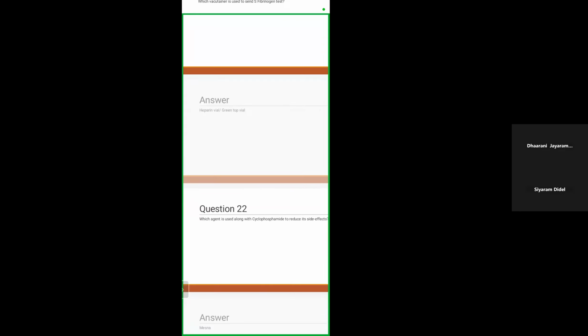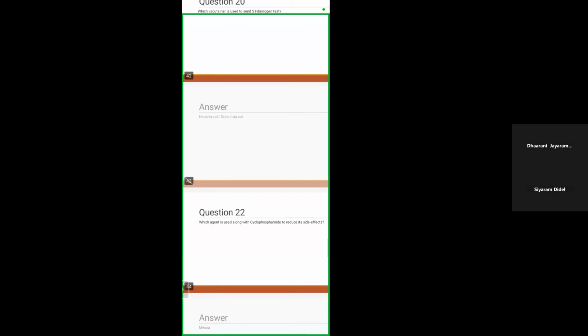Cyclophosphamide, so reduce... Yes, the answer is mesna, if I'm not wrong in the pronunciation. Correct. So mesna is the right answer. Yes, so there are specific antidotes: for cyclophosphamide, mesna, and for methotrexate,